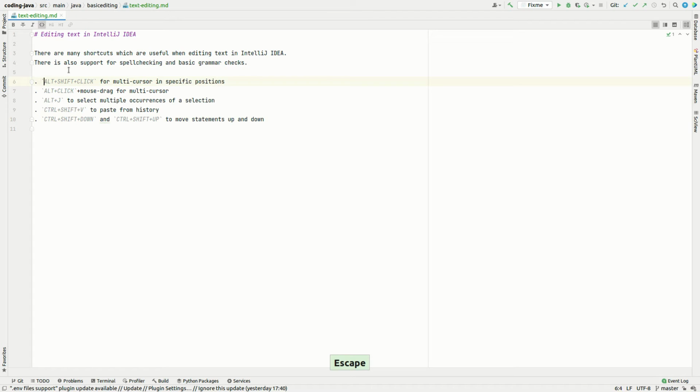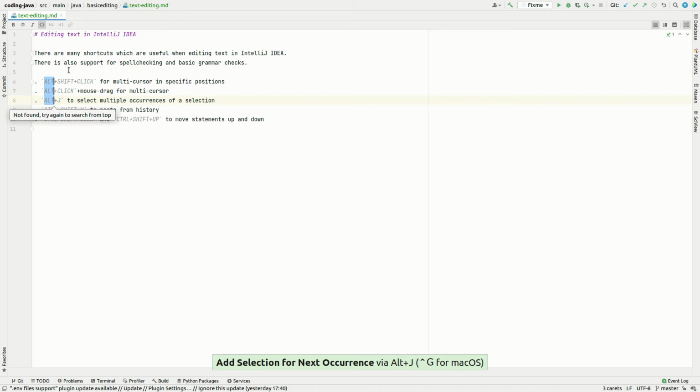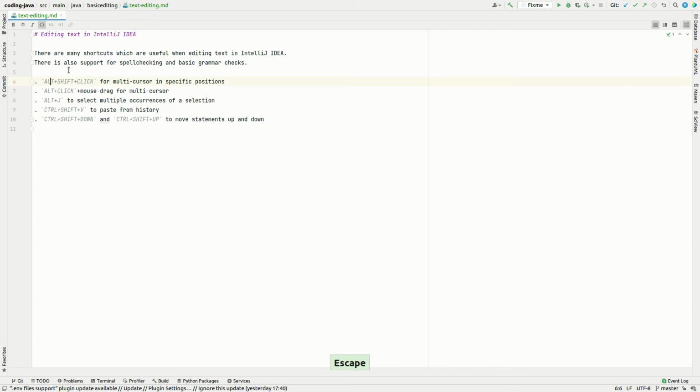There is also a possibility to select multiple occurrences of the same selection. Let's assume I want to replace ALT with something else, so I could now press Alt and J, and that way I can select all the occurrences one by one by hitting Alt-J multiple times. If I want to select all of the occurrences at the same time in one single file, then I can use